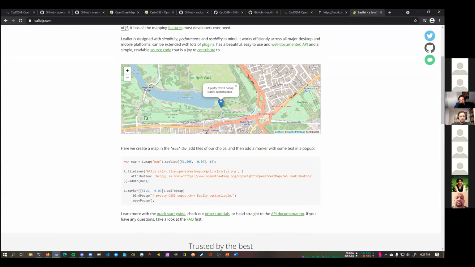It uses OpenStreetMap. So all we have to do is point Leaflet to the CyclOSM tiling server. An example of how to do that is, well, this is for OpenStreetMap, but this is how you would do it. Add it to the map, you set your view, and then from here we can add markers, right? So for example, if we wanted to add points of interest around the Windsor-Essex area, let's say